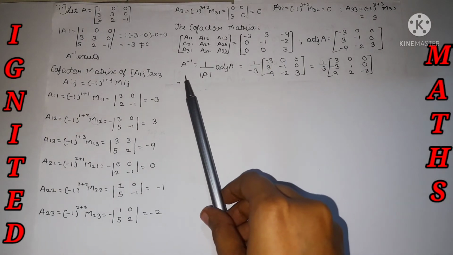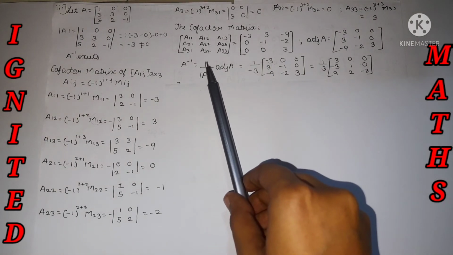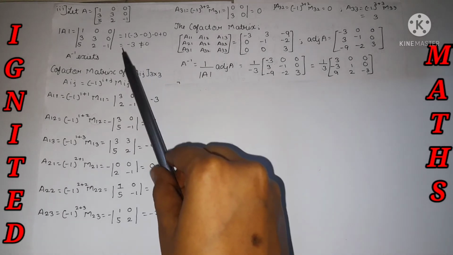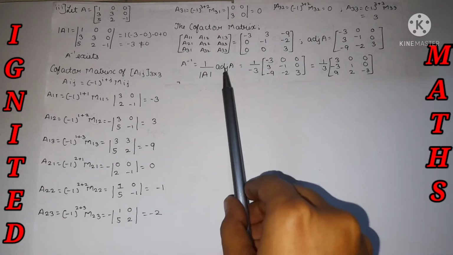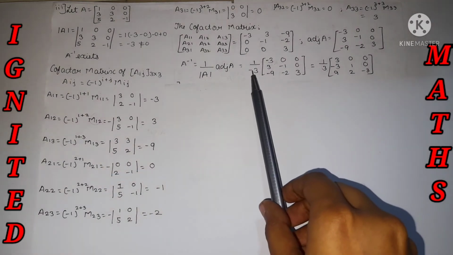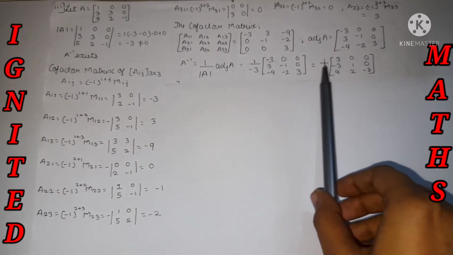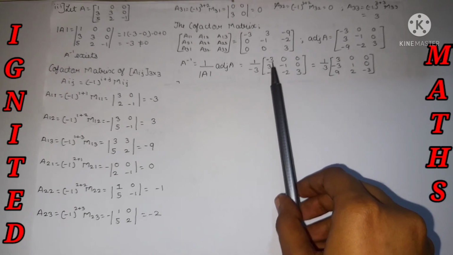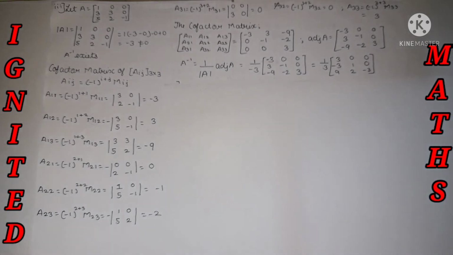So how can we find A inverse? According to the formula, it is 1 by determinant of A into adjoint A. The determinant of A we know, just put the value accordingly, and adjoint A. I have done a slight modification over here. I have just multiplied with the minus and taken it into the matrix form. If we divide 1 by 3 into each and every number, it is absolutely alright.